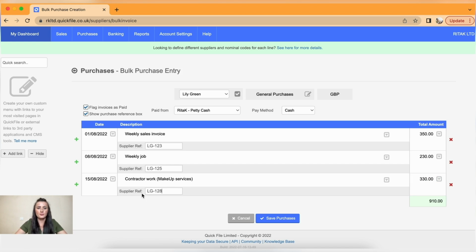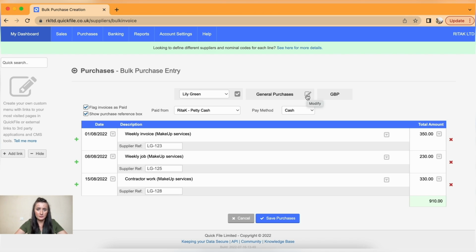Okay, so these supplier invoices are ones Lily sent me, and these are her provided invoice numbers. So you can use the same description she has used, or the person would be using, or this business would be using in their invoices issued to me. Okay, so I selected general purchases as where I want to post, but if you want to amend, click on modify,